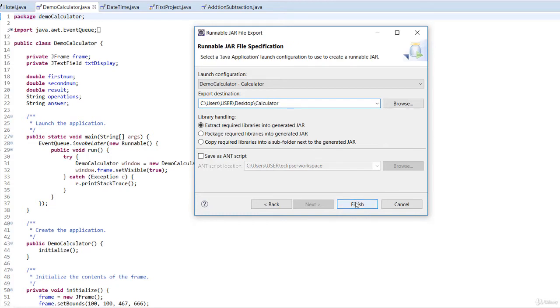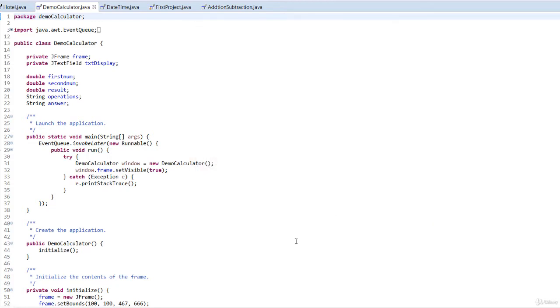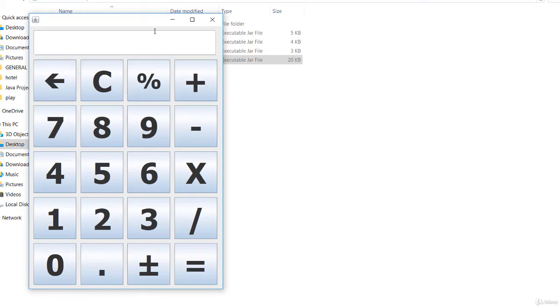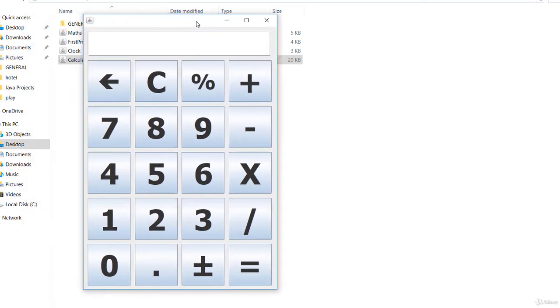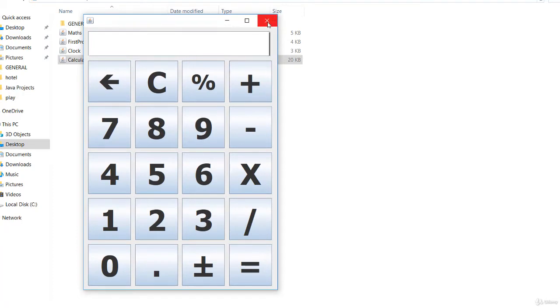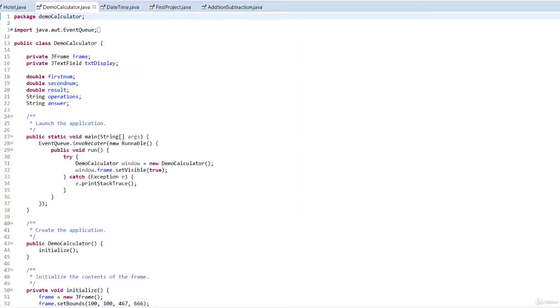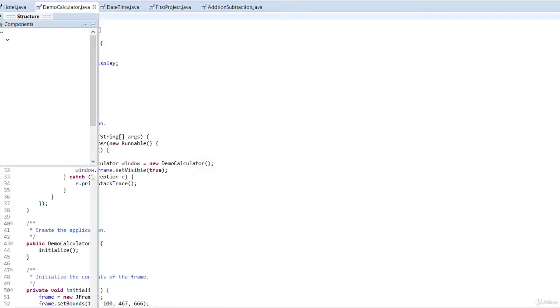Yeah, calculator. Finish. Let's go and check it out. This is calculator. Okay, you see that? And this screen doesn't seem to come to the edge of this. Let's close this and delete this from here. Okay, I've deleted that. Let's go to the design view of this and check out the screen,